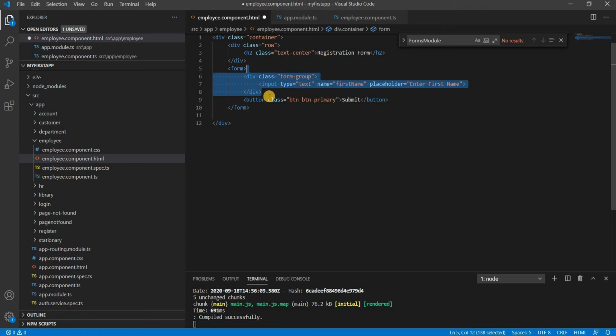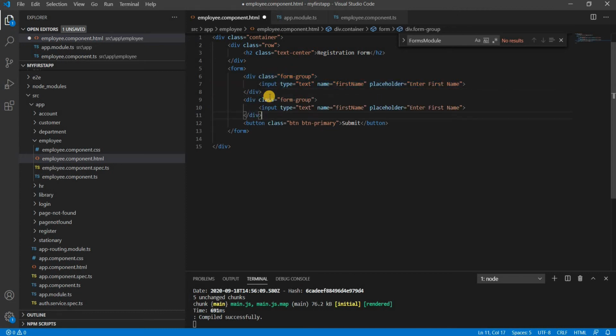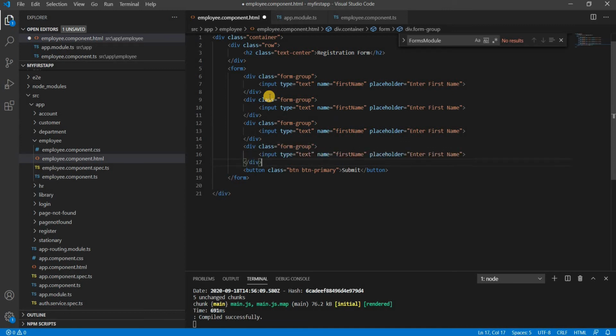We will create some more fields like last name, email and contact number. So friends, we just created a basic form.